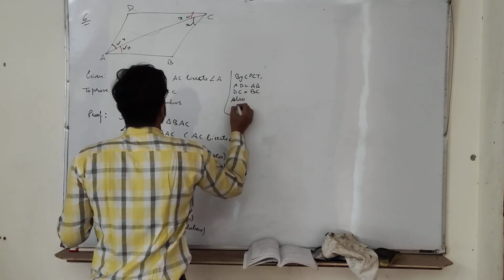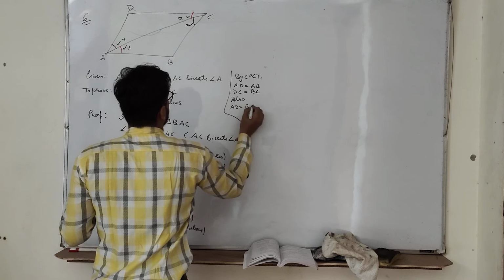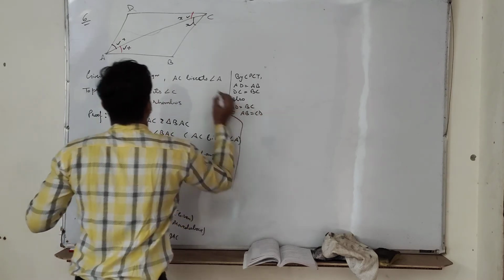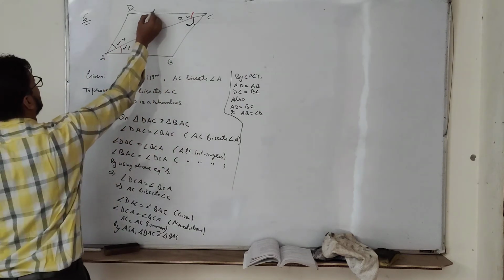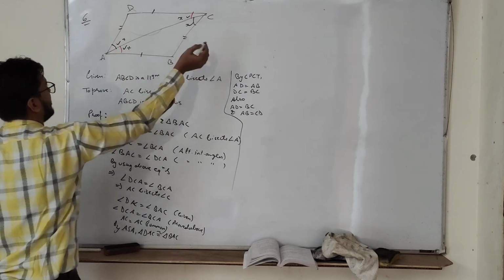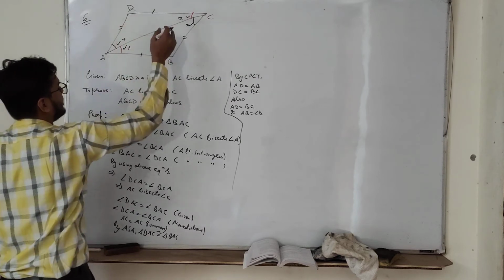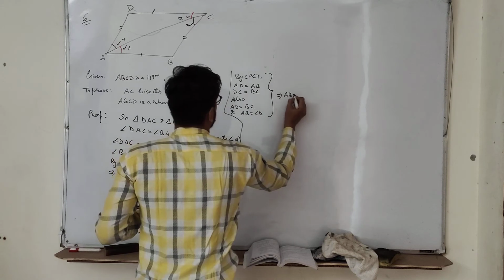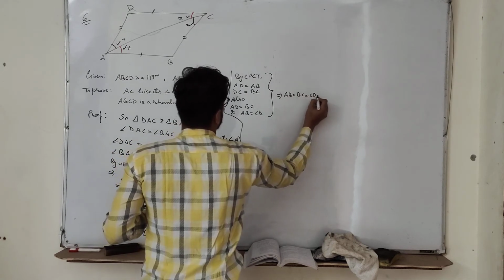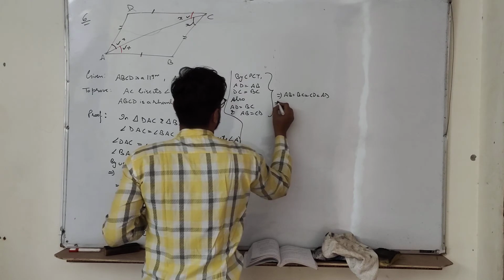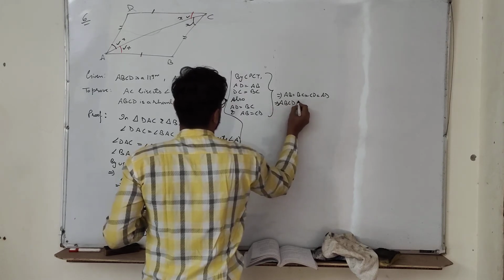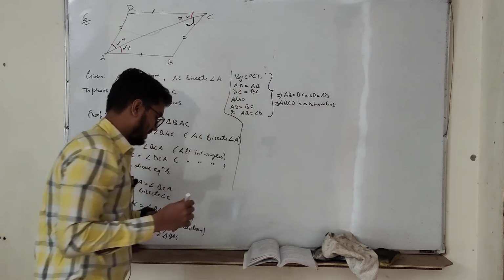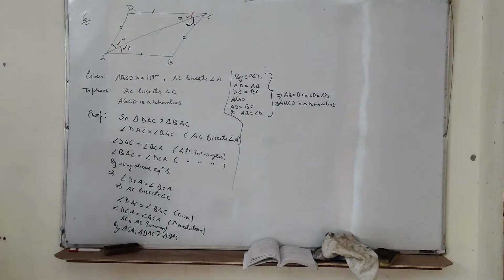Also we know that AD is equal to BC and AB is equal to CD. Now if this is a parallelogram, then this side will be equal to this side and this side will be equal to this side. But by CPCT this is equal to this and this is equal to this, so all four sides are equal to each other. So this implies AB is equal to BC is equal to CD is equal to AD. So that means ABCD is a rhombus. So easily we have done it. Just pause the video and note down.